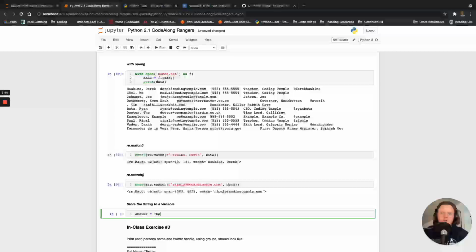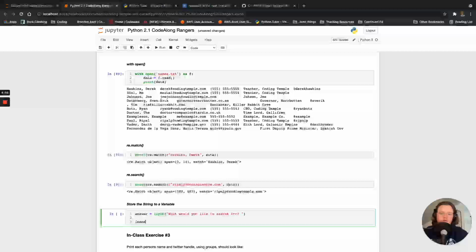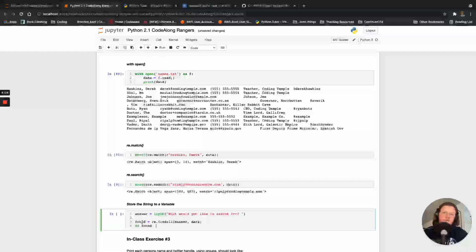So now we'll do some other cool stuff. We'll say answer equals input, what would you like to search for? Right? And then we can set found equal to re.findall, and then we will put in answer and data, right? And so this way, findall will search all of our data for whatever answer you put in there and see if it's in there. And then if found, okay, because if this is empty, right, if this is a none type, right, that kind of deal, then it won't be true. It'll be none or empty, and those resolve to false. And then empty is not a data type. Don't worry about that one. But it'll be none, or potentially an error, which would also resolve to false. So then we have a print f statement, and we'll say I found your data, and then we're going to put in found here, right? And that'll show us. And else we're going to print